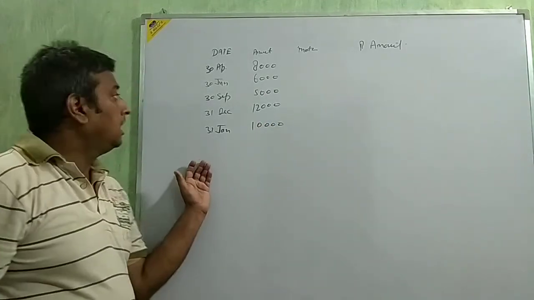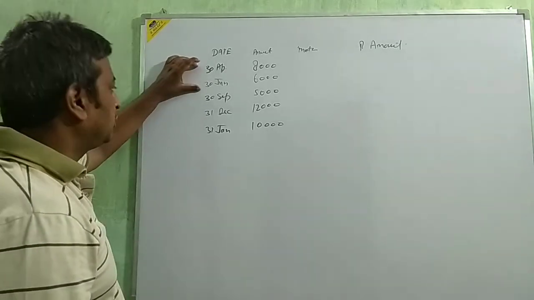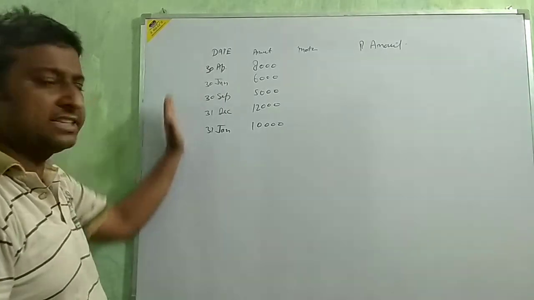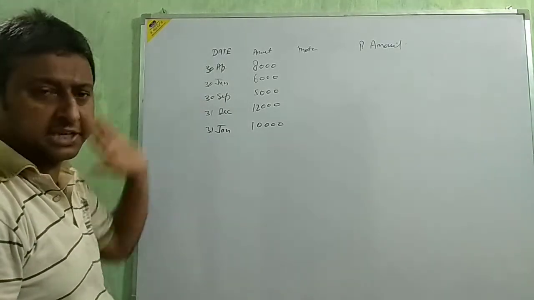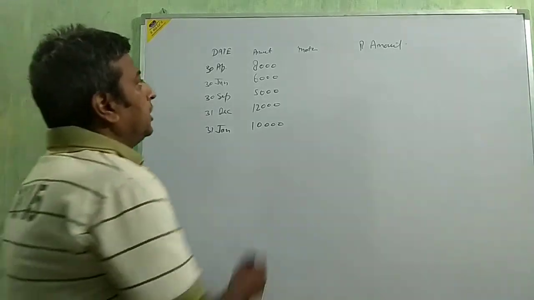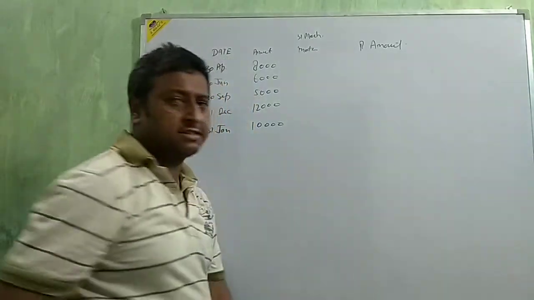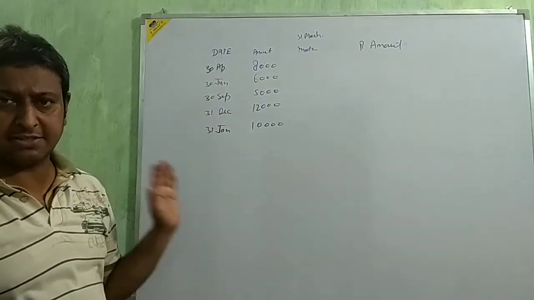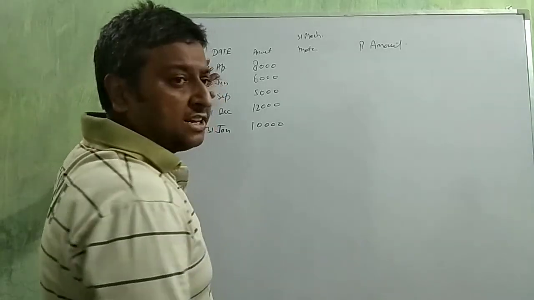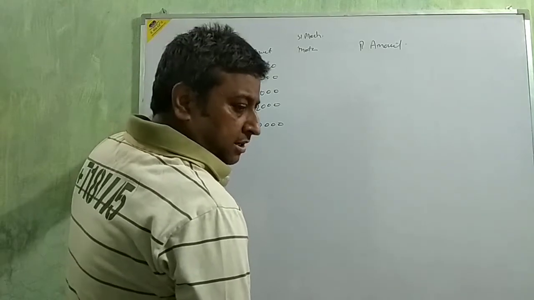Nothing else? No. Just see, it's not regular. First in April, then June, then September, then December, then January. It means no regularity is there. Okay? So if the question is given this way, then the closing date is 31st March, beta. Closing date is 31st March. It's sure and certain. Then we are going to calculate the months from each date to 31st March.